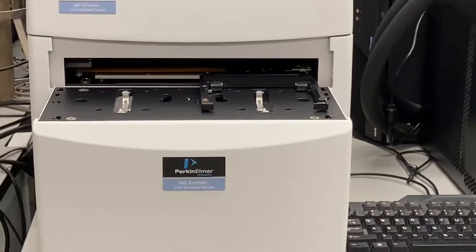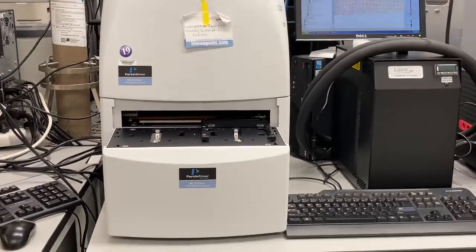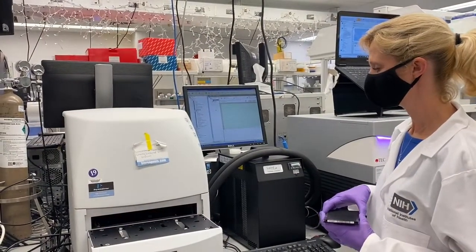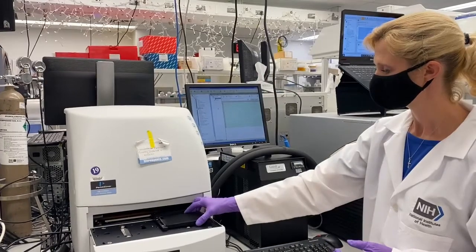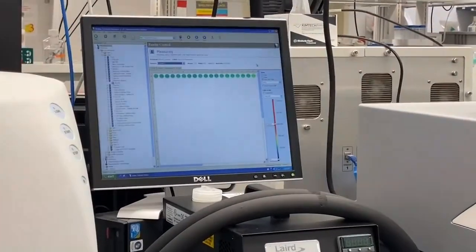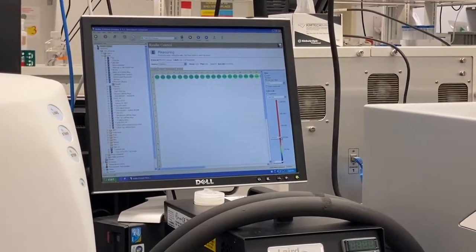The Envision is the original fluorescent reader in the lab. This machine employs filters and mirrors for luminescence and fluorescent reads across the plate. Though not as fast a reader, the Envision offers greater sensitivity than the CCD camera-based system, with equivalent on-the-fly analysis.